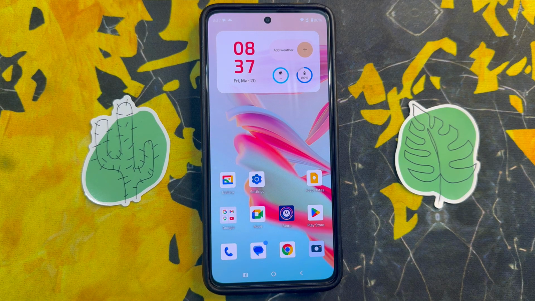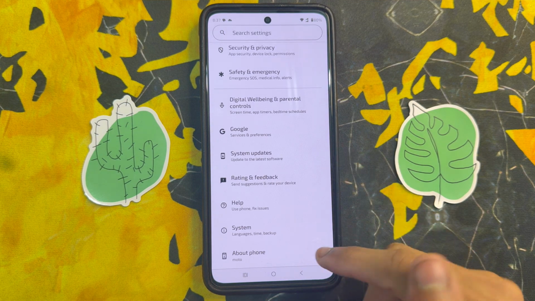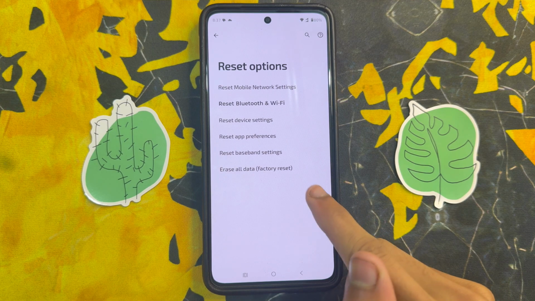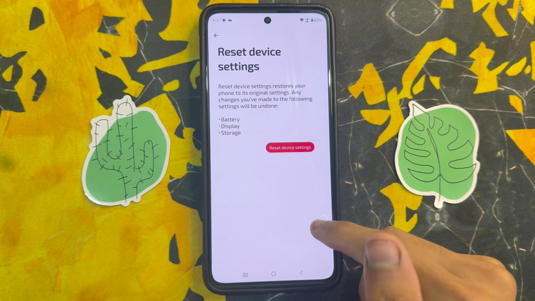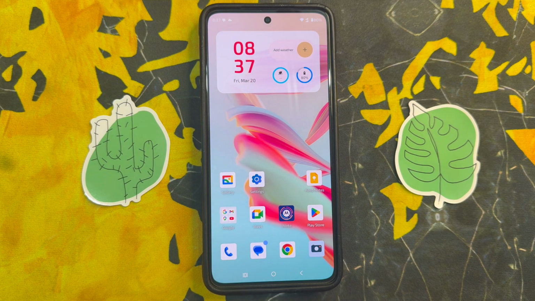But if it doesn't fix this problem, again click on the settings app, scroll down and click on system, and click on reset options and reset all settings. After you click on reset all settings, go back to the home screen. So that's how you can fix keyboard disappeared on